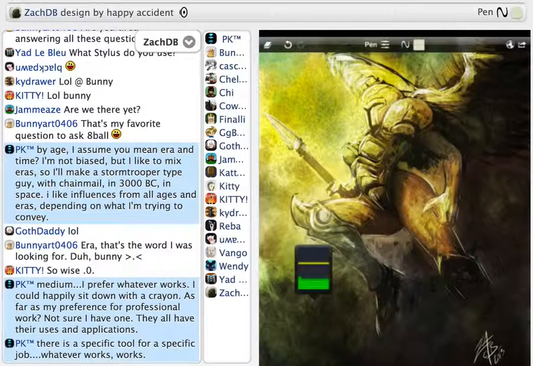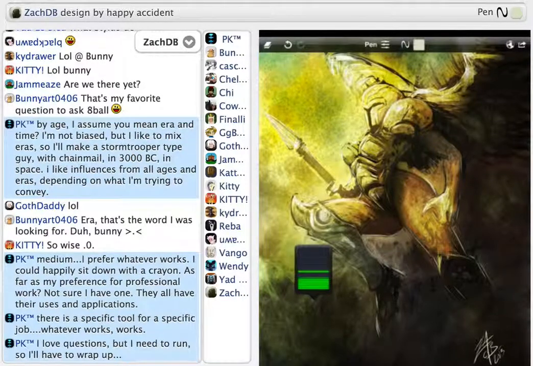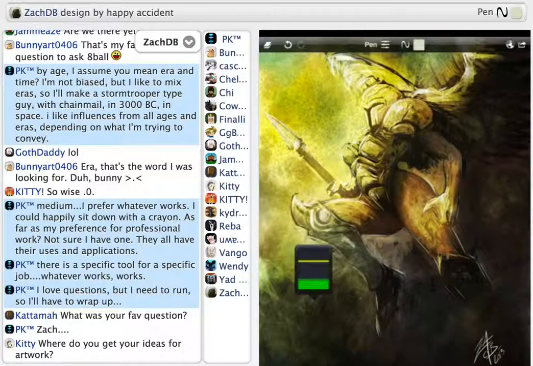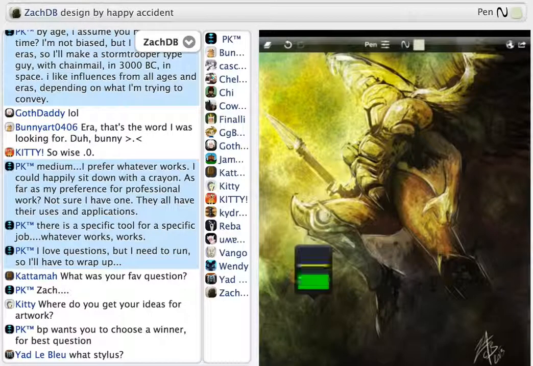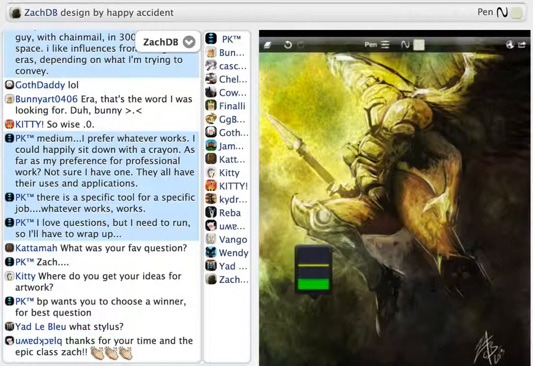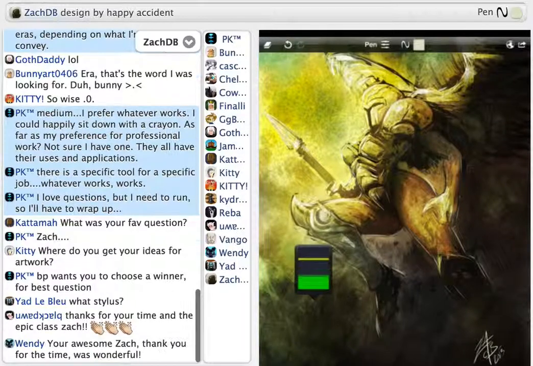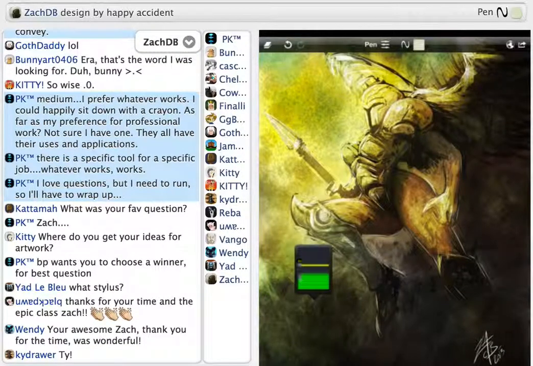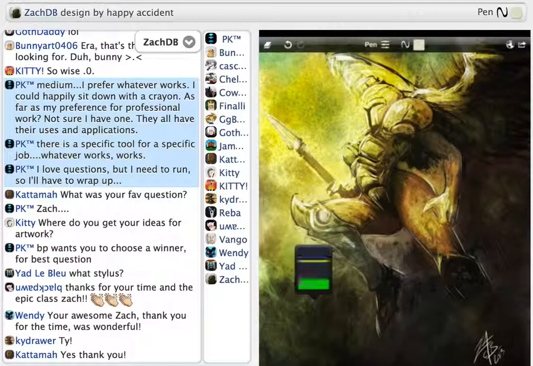So I'll make like a stormtrooper-ish looking guy that has chainmail for some reason, and he's in 3000 BC or something, in space or something. I don't know. I just like influence from every age, every era. It really does depend on what I'm trying to convey.